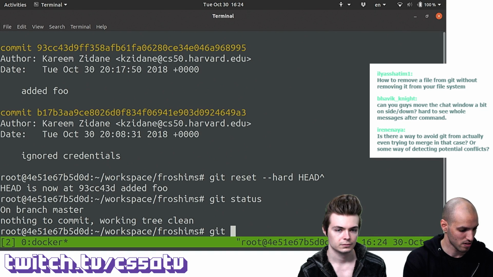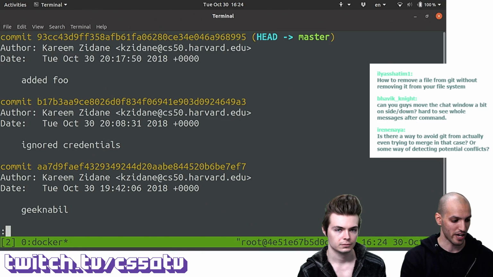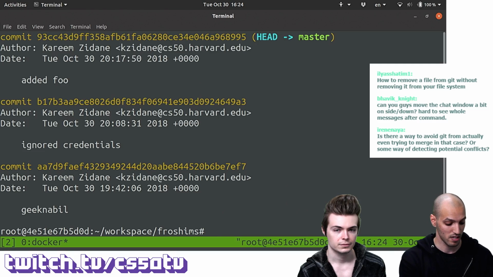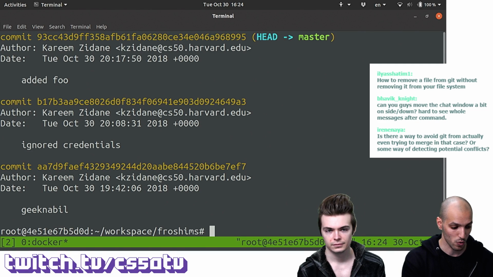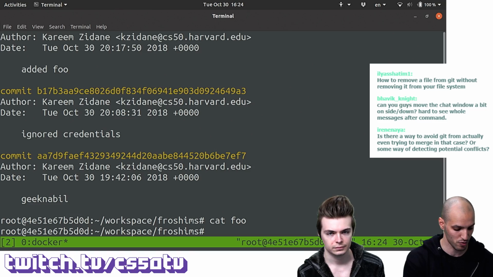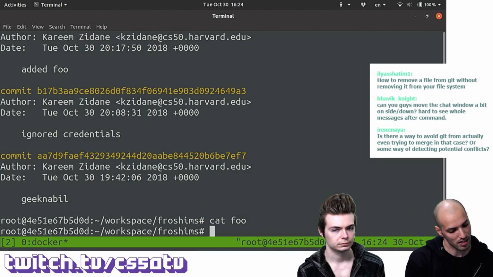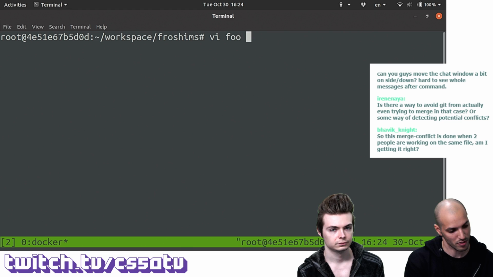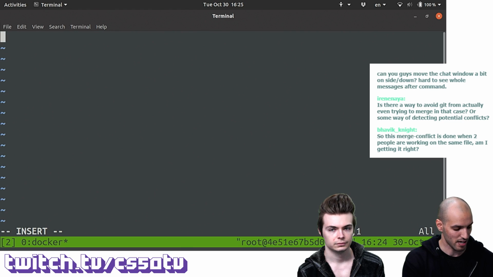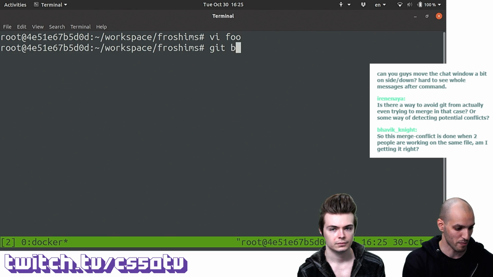Okay, so we're now on the previous commit, in which case foo didn't have anything. Weird. Okay, so let's do this again real quick. I messed up something here. New line, right? That was the one on master.